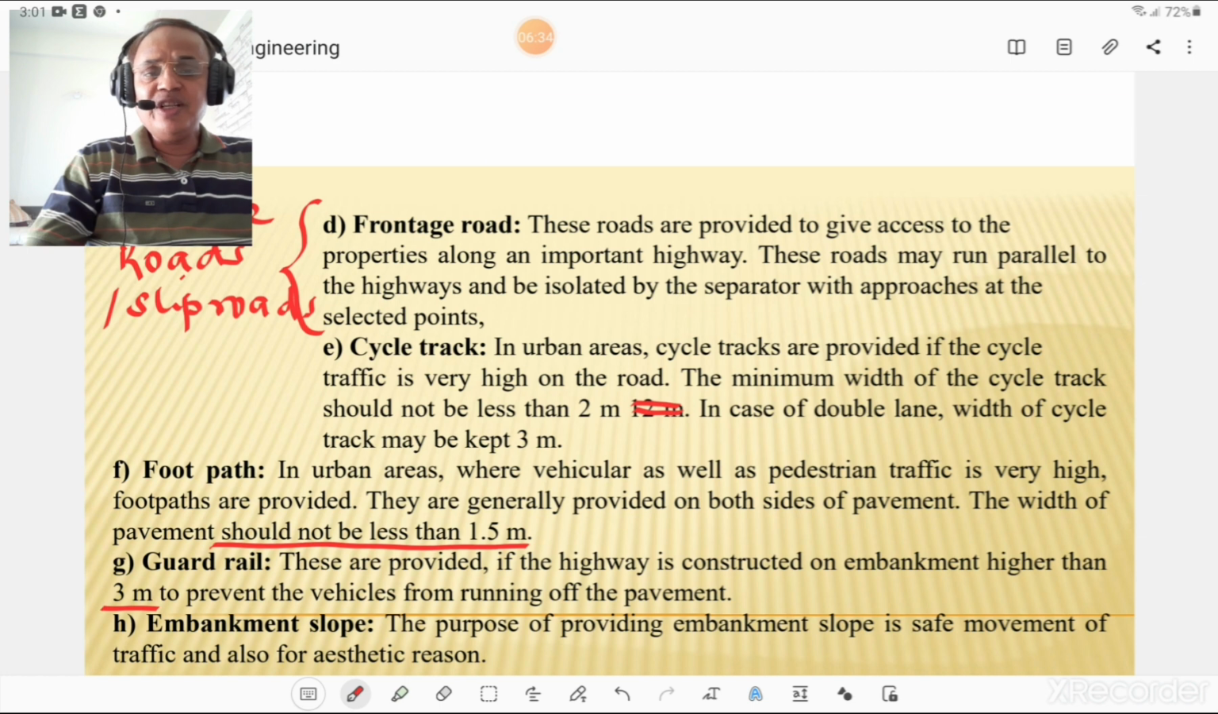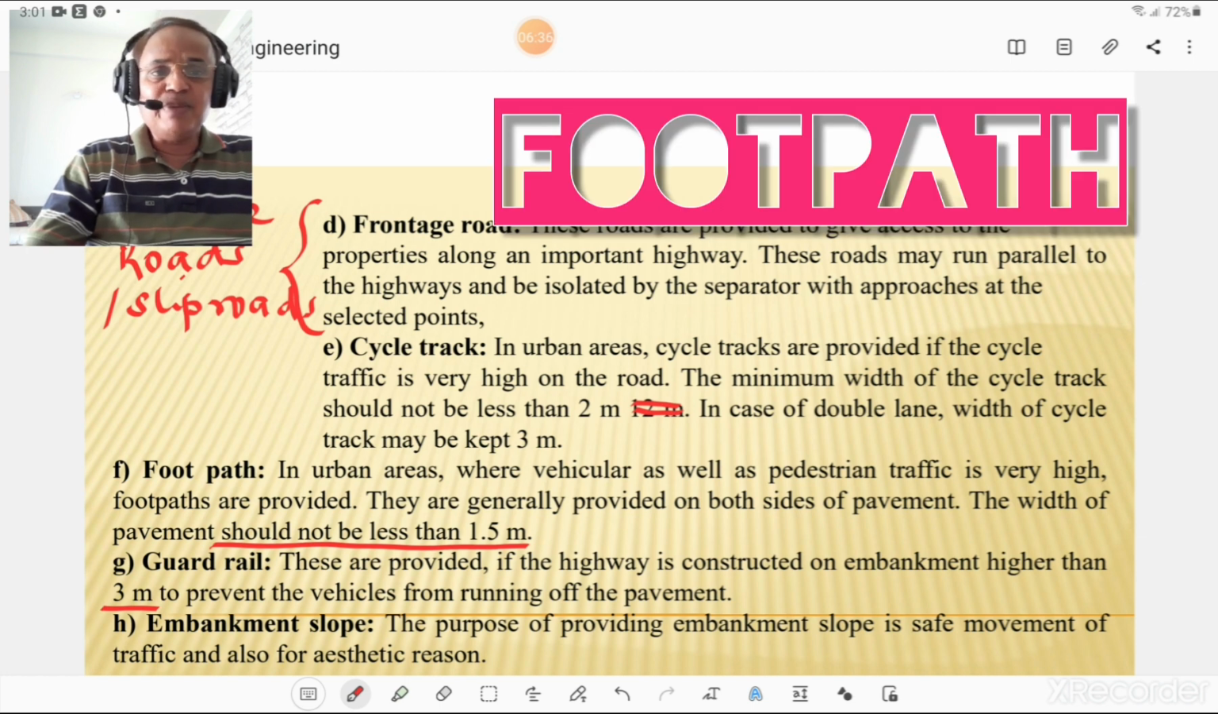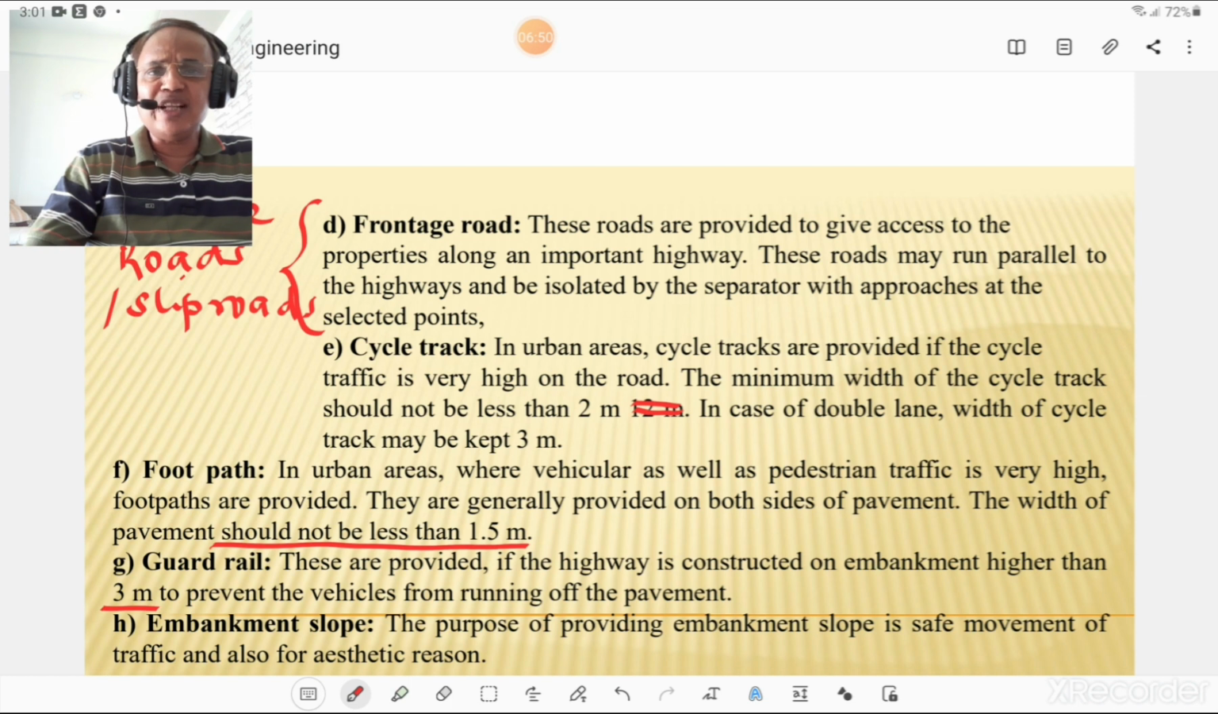Okay, then we will discuss the footpath. In urban areas where vehicular traffic as well as pedestrian traffic is very high, footpaths are provided. Footpaths are very important, but nowadays they are used by hawkers or there is encroachment. Such encroachment must be removed by the local authority to keep the footpath open for pedestrians. They are generally provided on both sides of the pavement. The width of the footpath should not be less than 1.5